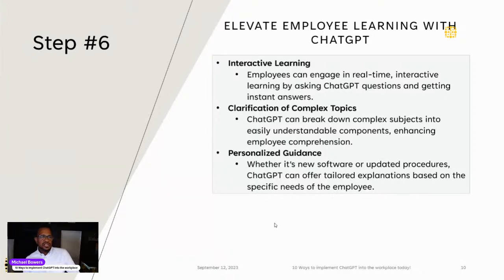Then this is a really key step, and it's probably one of the ones that I've personally benefited from the most, and that is learning about things through ChatGPT.